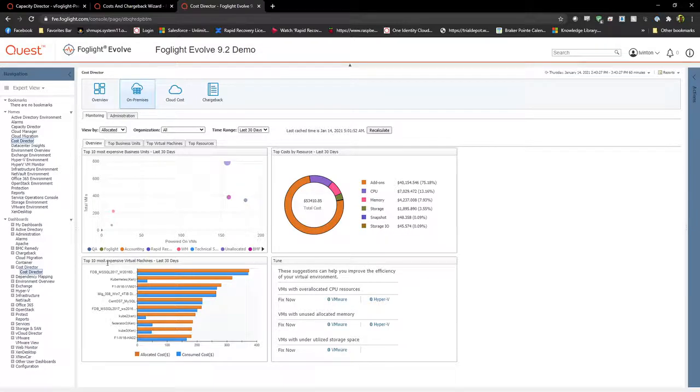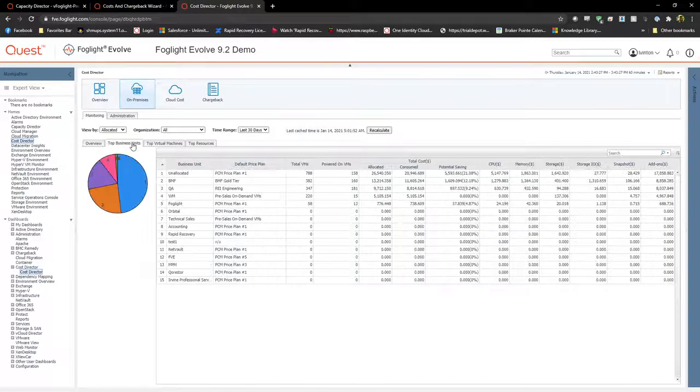I can see the 10 most expensive virtual machines in the last 30 days. Because you can divide up the VMs into different business units, sales, accounting, whatever, it really helps you say, development is using a lot of resources, so technically they're costing us the most compared to the other business units.